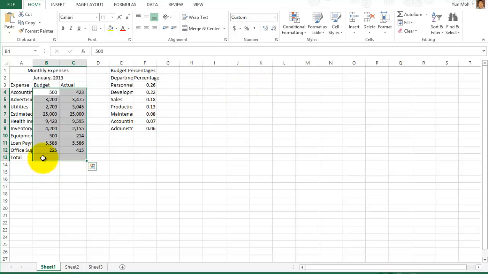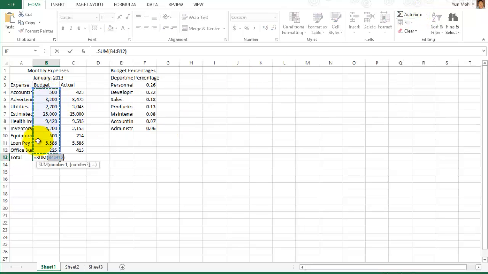Let's go ahead and put the totals here. So how do we calculate the total? Do you remember that? So click on B13, Home tab, then Editing group, AutoSum, click on it. You can visually confirm with the marching ants surrounding the range of cells that you are summing up, and once you confirm it, you press the Enter key, and then once you have that, you can do the autofill,